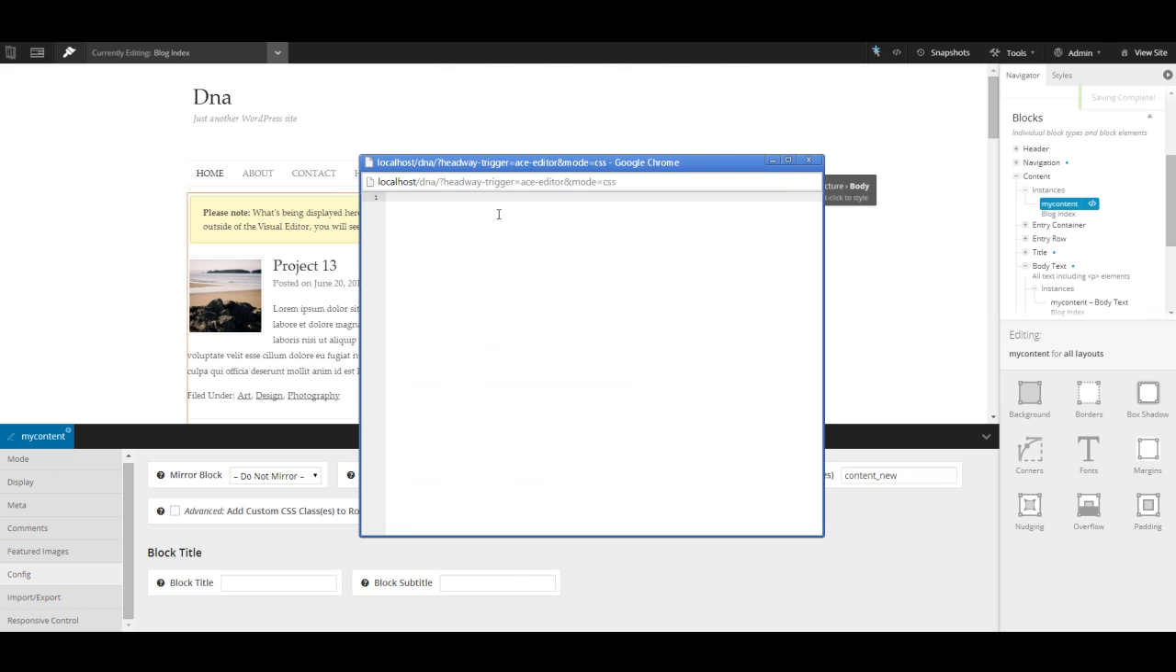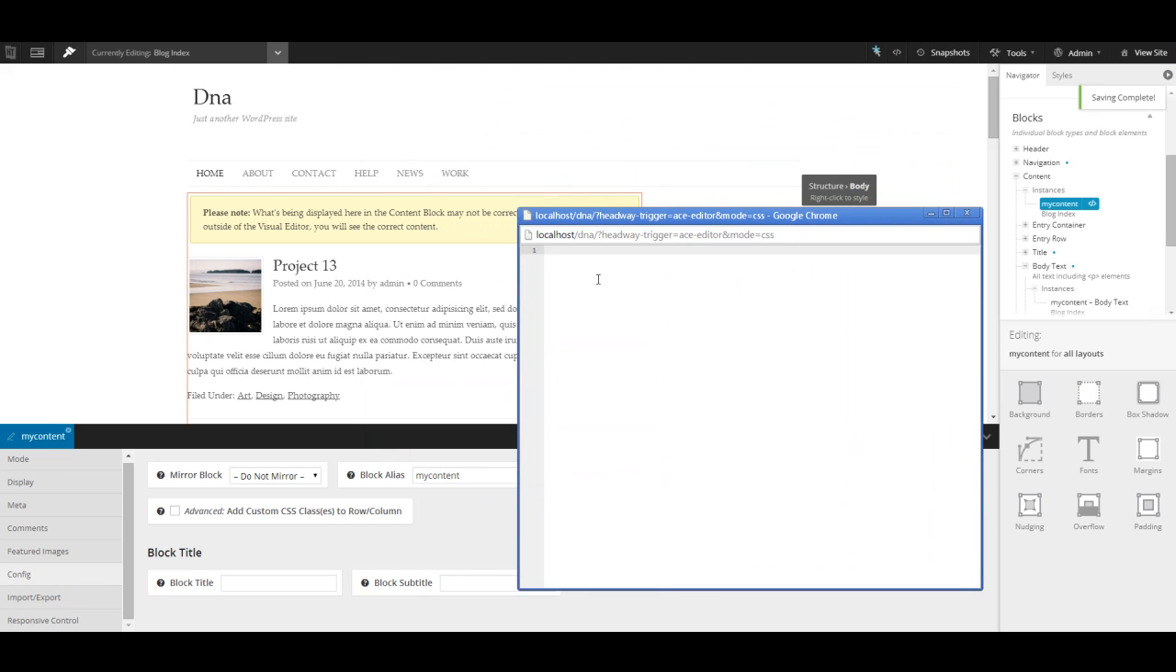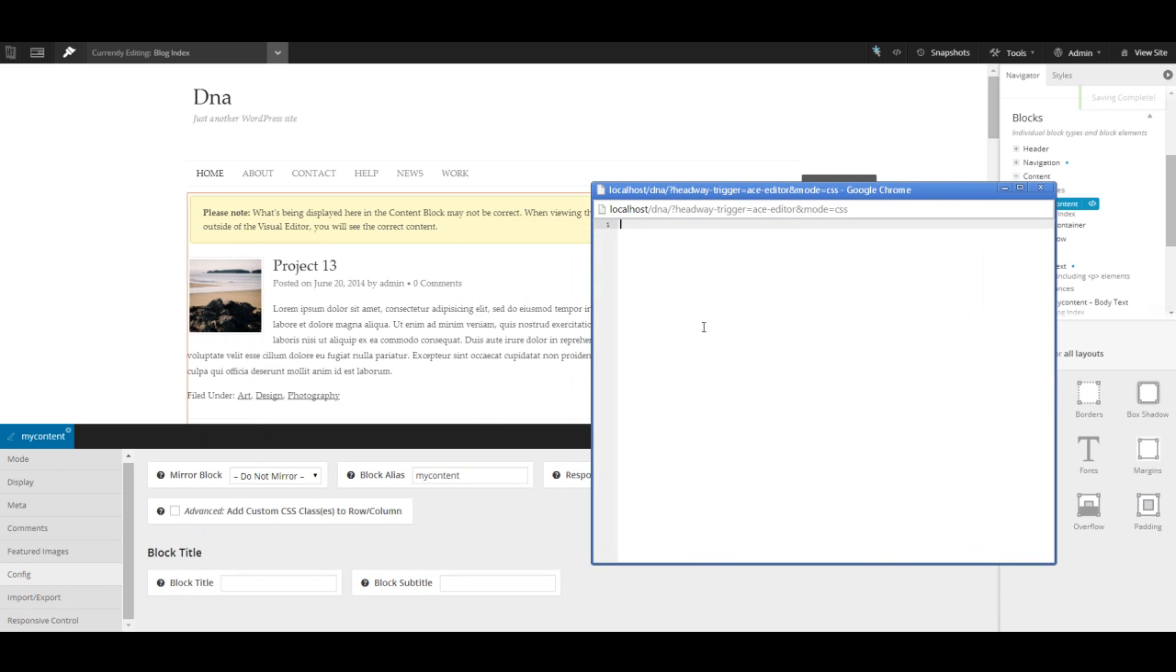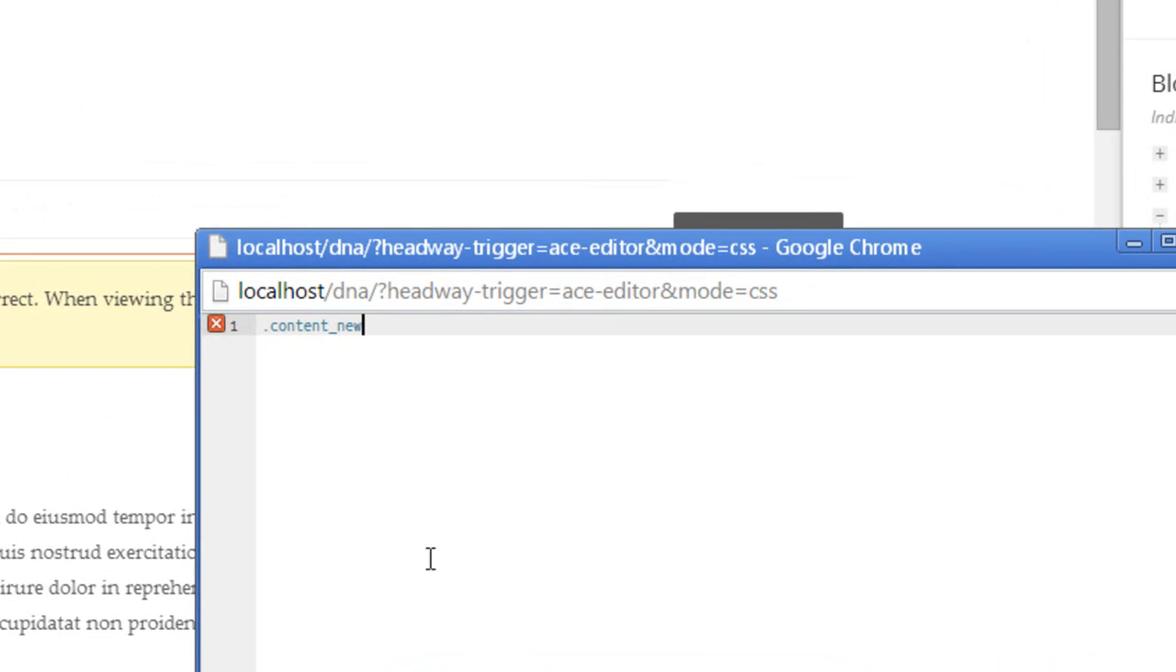Because I like pressing save, I'm going to open up the CSS editor, and I'm going to write class, which is that content underscore new. And what you would notice, why I like this new editor, is the fact, can you see that there is a little box here that shows a warning, something is wrong. This is what I like about the new CSS editor, it's now looking at our code